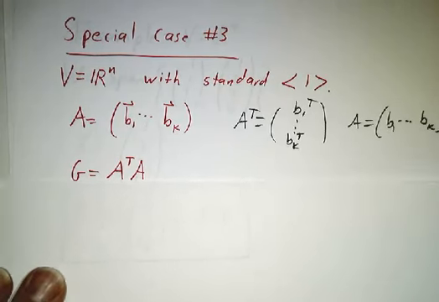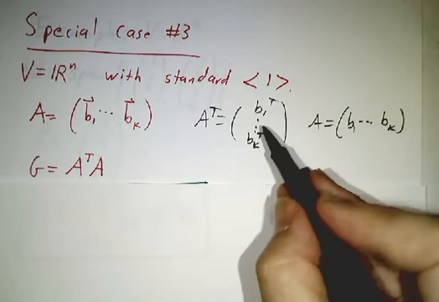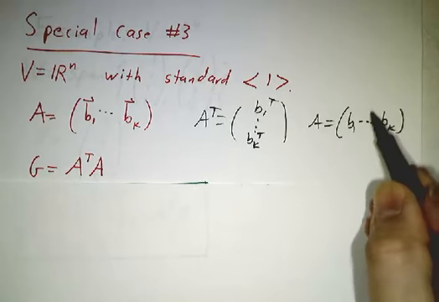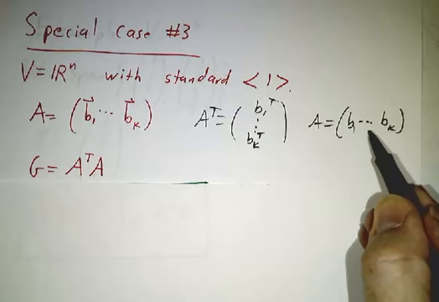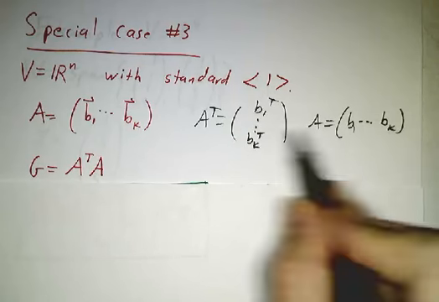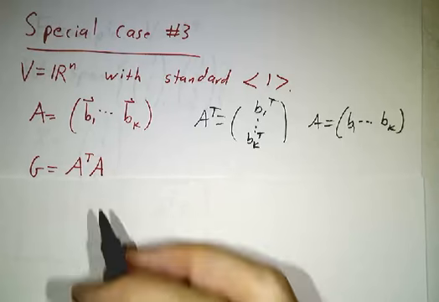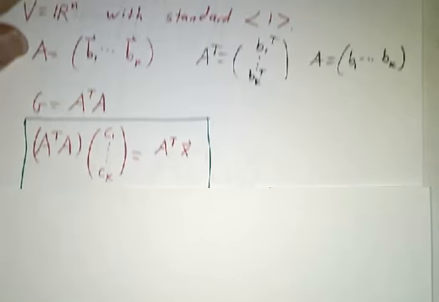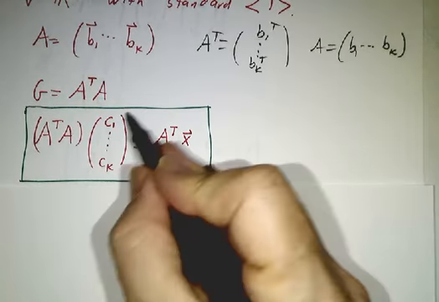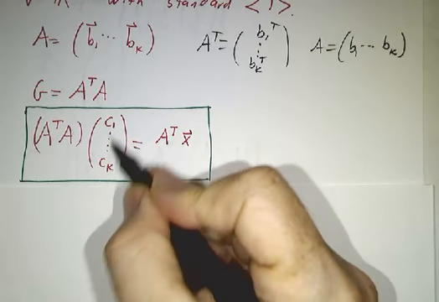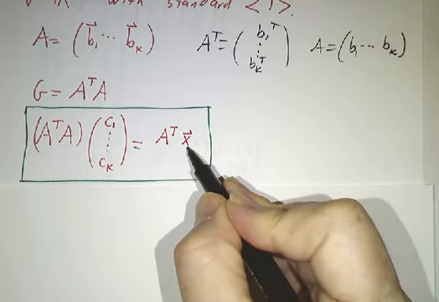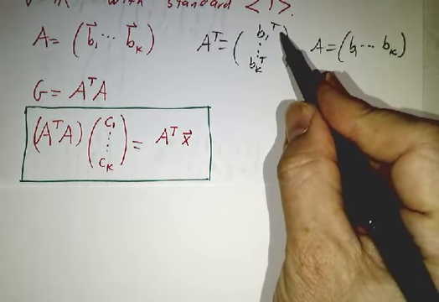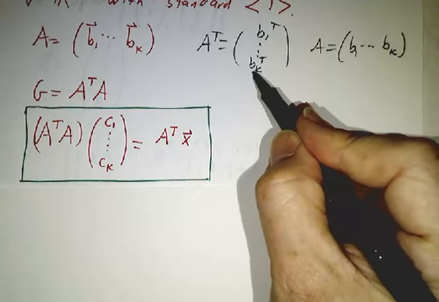So how do you multiply A transpose by A? Well, the ij entry of A transpose A is the ith row of A transpose times the jth column of A, which is exactly the inner product of Bi with Bj. So our metric matrix is just A transpose A, and our equations become A transpose A times the column of C's is A transpose X, because if you multiply A transpose by X, the first entry is B1 transpose X, the second entry is B2 transpose X, the kth entry is BK transpose X,